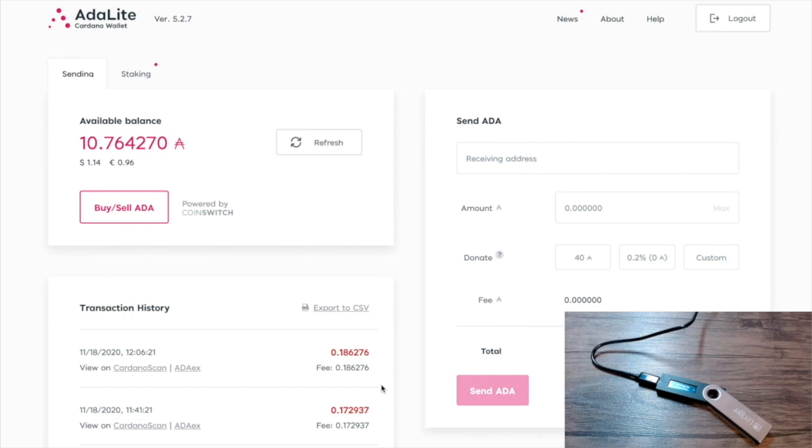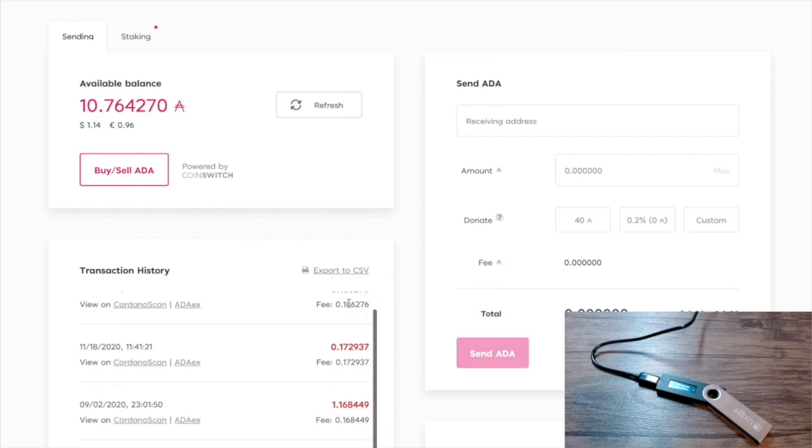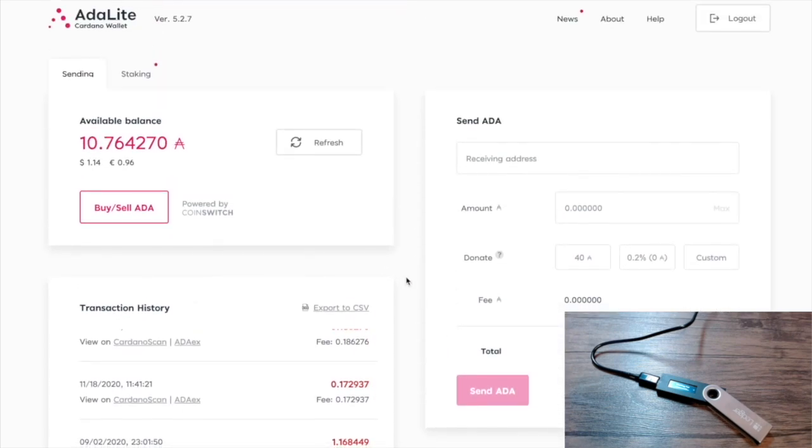So it gives us the available balance. We have the option here to buy and sell ADA directly. It's powered by CoinSwitch. You've got the option to send ADA, shows you the transaction history, shows you your public addresses. So pretty cool. It's really simple user interface. As far as being able to change your delegation, so what we're going to do is